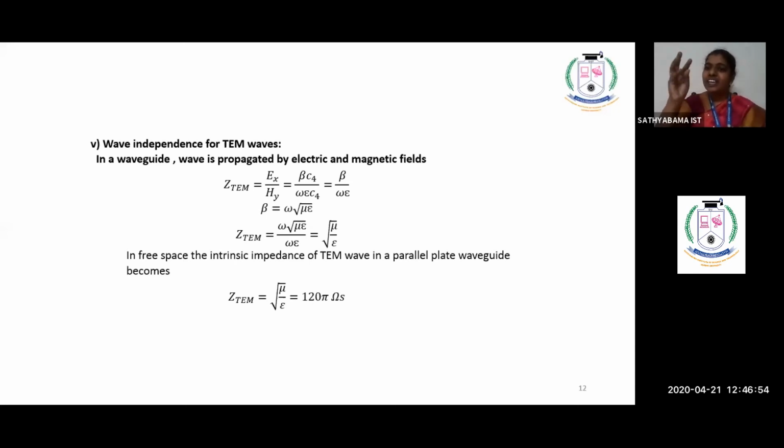V is the effect of your electric field. What is that I in the denominator? I is the effect of your magnetic field. The magnetic field surrounding the medium is represented as your I. So in terms of your waveguide, we will call it as E by H, V by I. V is E, I is H. So wave impedance is equal to E by H. Okay. So now that is the definition of your wave impedance.